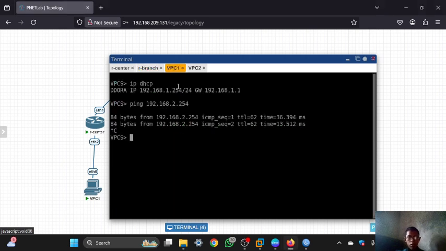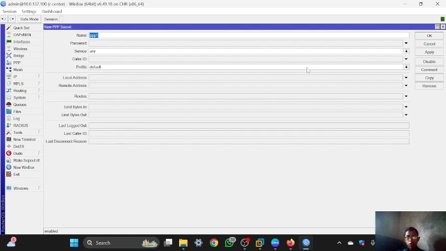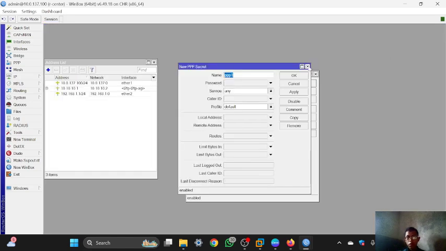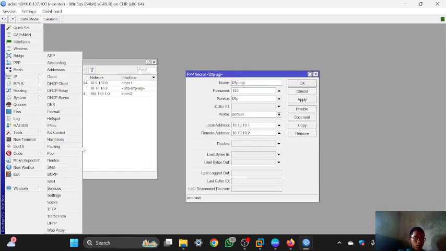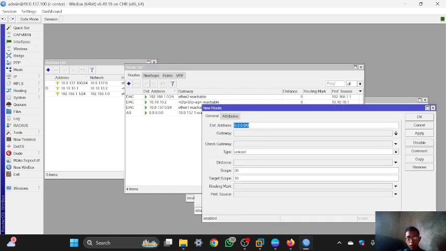And I will configure the routes that connect VPC1 and VPC2. If you try to ping to VPC2, it's not connected or timeout because I have not set the routing table. So to configure it, you can go to IP, and then there is routes, then you can click add, and the destination is the IP network of client 2, which is this IP,